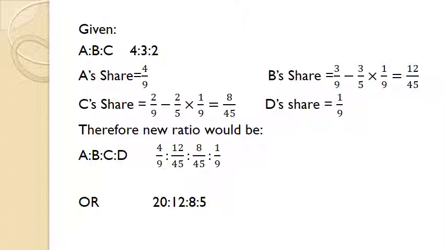I'm going to do it as 45, as LCM is 45. So in 4 by 9, we have to multiply by 5 in the numerator and denominator to make the denominator 45. And in 1 by 9, again we have to multiply by 5 in the numerator and denominator. So the final ratio or the new ratio of A is to B is to C is to D